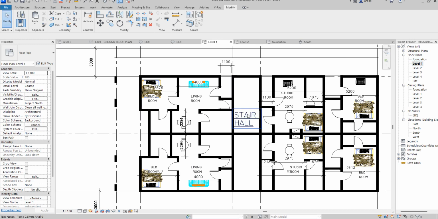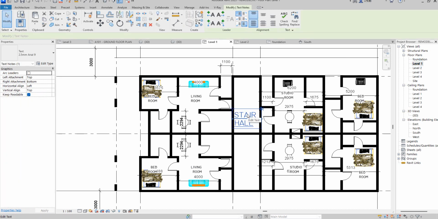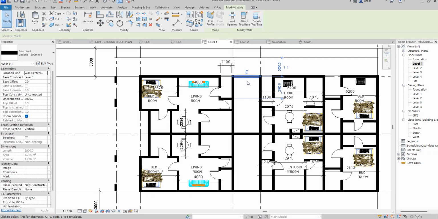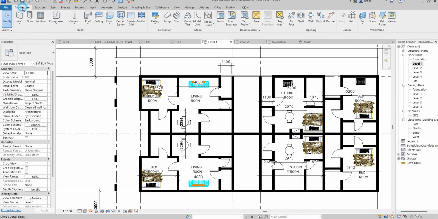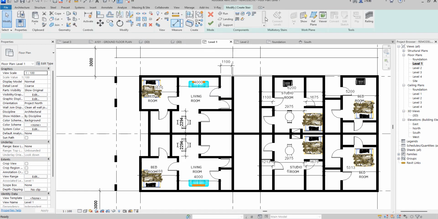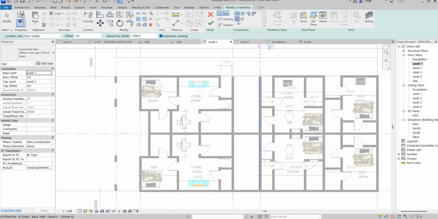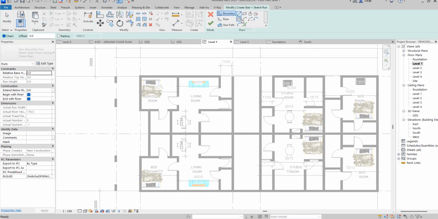So let's go. I'm going to remove this one for now. I don't need it anymore. So I'm going to remove this particular one too, because it never told me when it's going to stop and land. So I will start my journey by creating a stair hall. From the staircase, I'm going to say sketch for me. So in the sketches, I will use boundary to do the whole thing. Remember what I said. So my focus is that this space should be